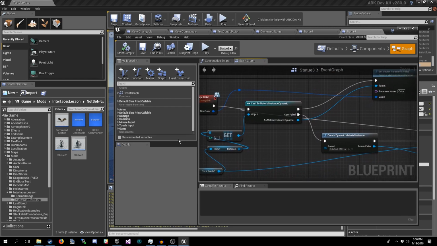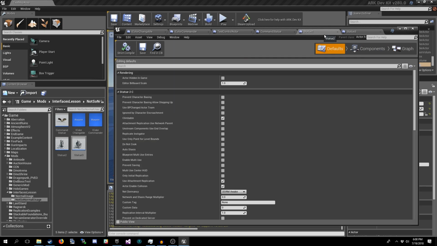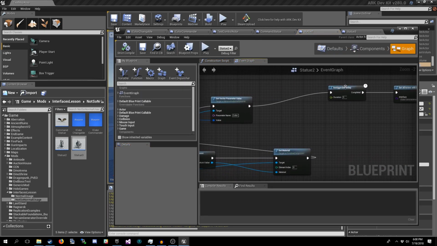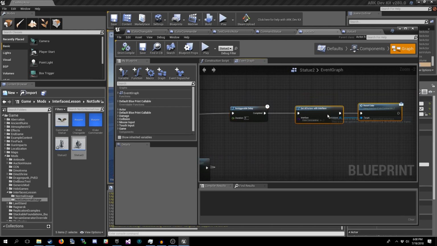We're just setting a dynamic material instance to the mesh and then changing the color parameter on the material. But in statue 2, there's a delay after it finishes that color change, and then it does a get all actors with interface iColor commander and calls the reset color interface function on it.